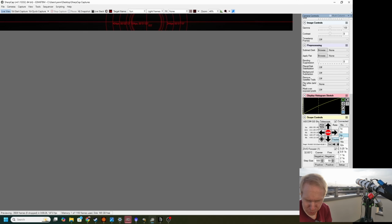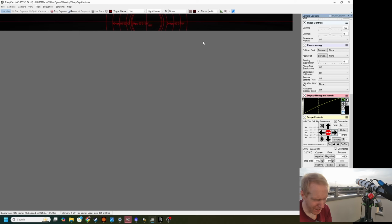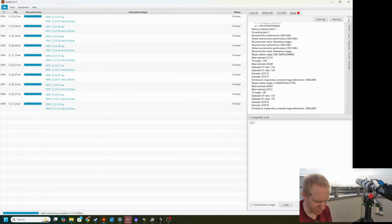And then as we're taking a recording, we start the capture. We say start. I move. There's a lot of wind. We're going to get a terrible result. But let's take a scan of the sun, and we're taking the scan. And this is insane to me that just this will be made into an image of the sun. And we're done. I can stop the capture, and we can, again, as we showed earlier, process it